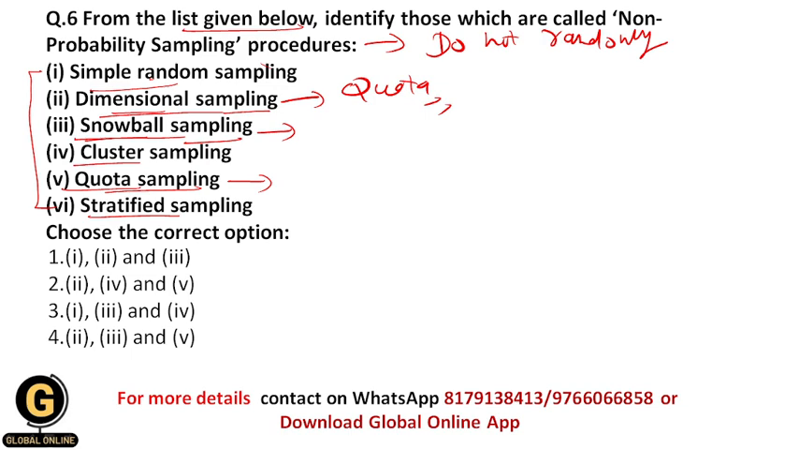That's why these three are the non-probability sampling procedures, but simple random sampling, cluster sampling and stratified sampling are the probability sampling procedures, and that's why your correct answer should be 4, that is 2, 3 and 5. Okay, next is